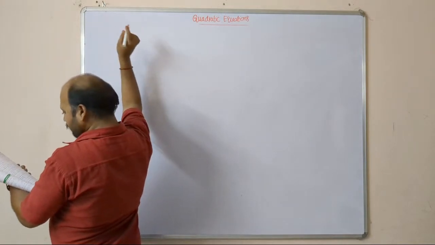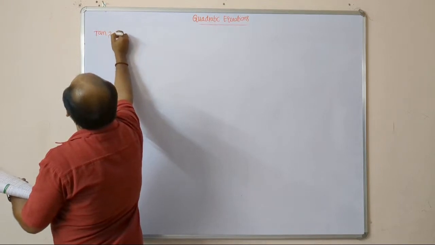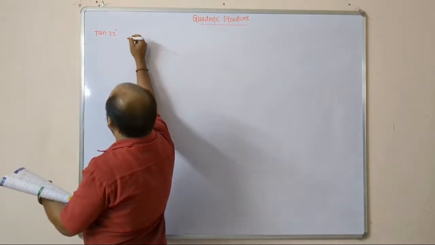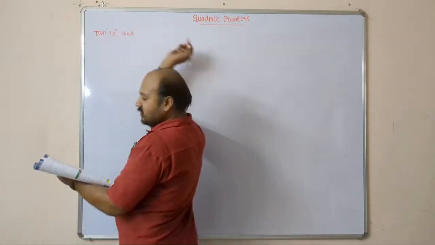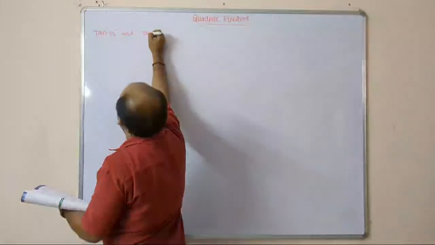Now I'm going to get with the two questions. Tan 22 degrees. In the next class I will do one more. This is part 1, part 2 also I will make it here, students. Tan 22 degrees and tan 23 degrees